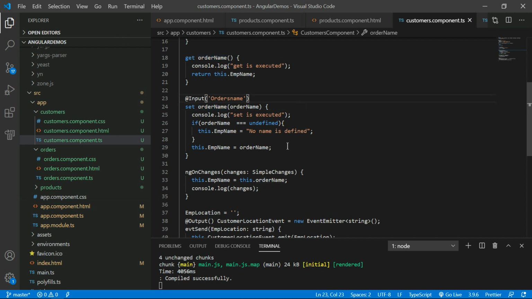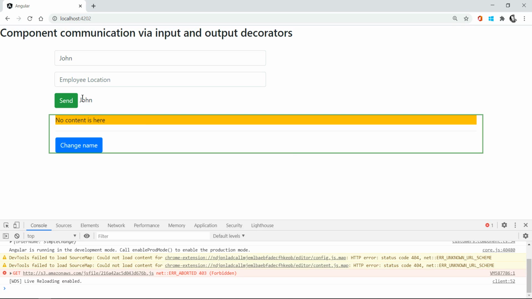The next step is, once I click on change name, while the page is getting initialized. Then again, if I click the change name, in some situation if I click a button, I need to update the data in my other component.